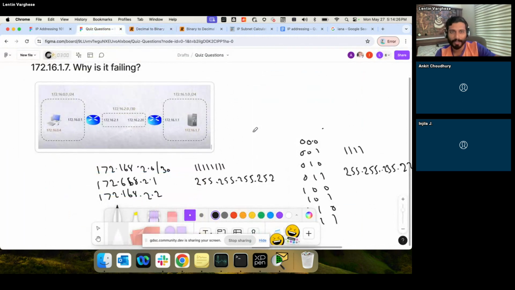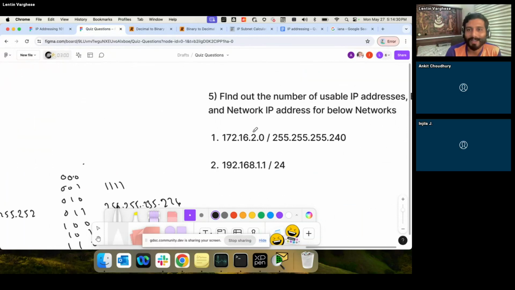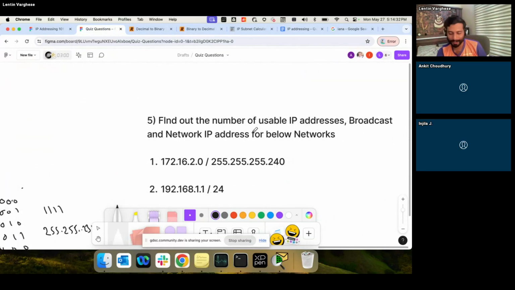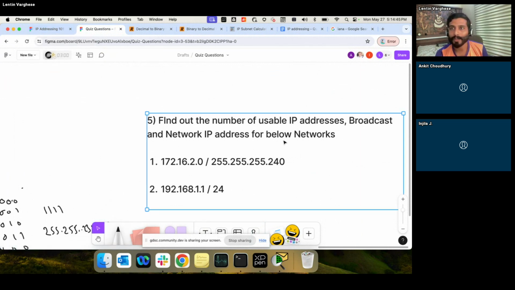Does that summary explain it clearly? Yes, I understand now. Thank you so much. Okay. I'm sure if you had that confusion, others might also have. Hence, I'm repeating again because this is a key concept, the subnetting. If you don't get it, this session might not really be helpful.